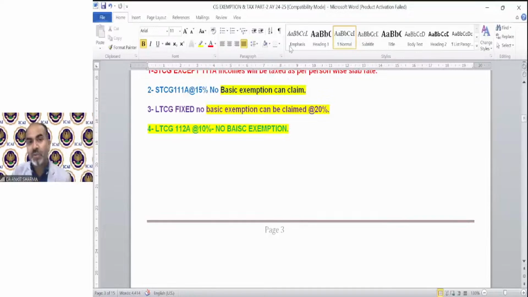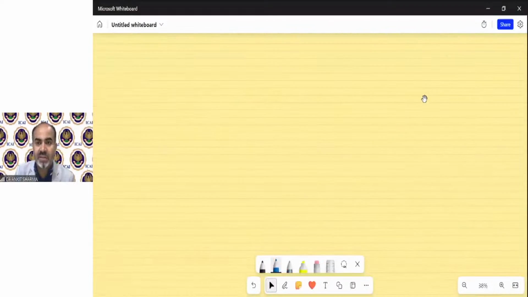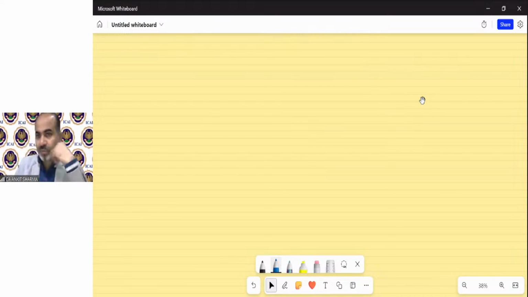So these were the provisions. Let me share the diagram for it. I've already uploaded the chart regarding it. Let me explain that chart to you. So now this whole concept will be crystal clear after this chart. So if you are a resident,